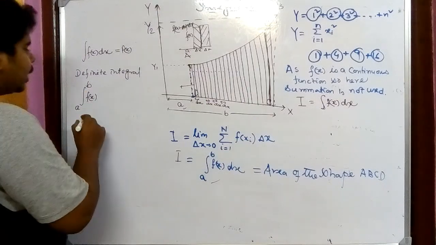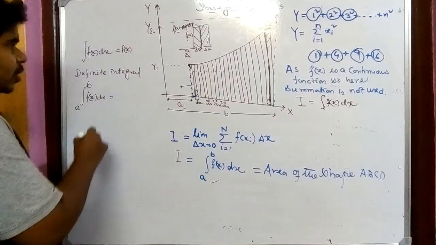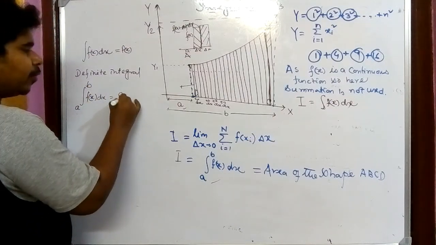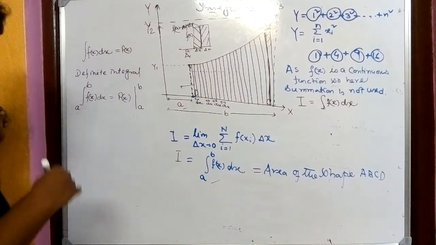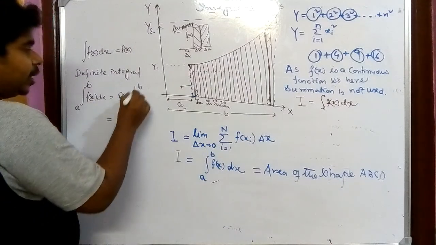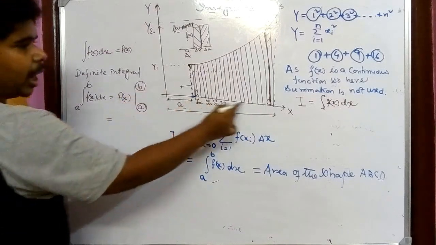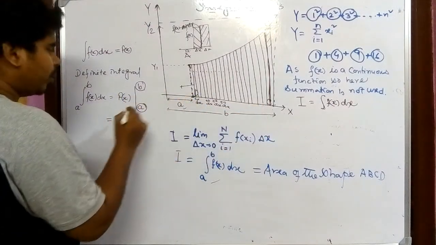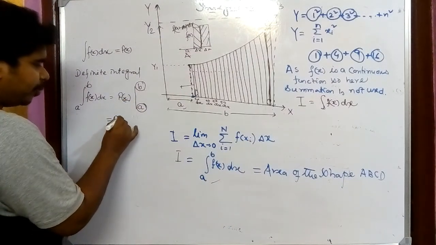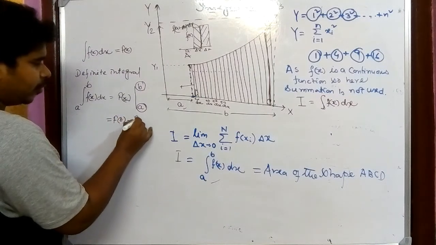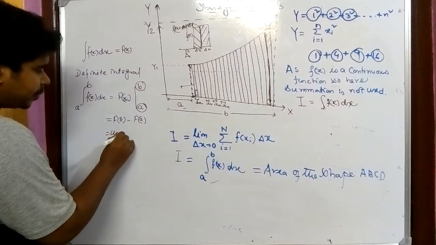Okay, and that integration of a to b f of x dx, in that case what function will we get? f of x, that will also have a limit a to b, and that can be represented by, this is the upper limit and this is the lower limit. This is the upper limit, the highest limit, and it is the lowest limit. So here instead of x we have to write f of b minus f of a. Always you have to remember that upper limit